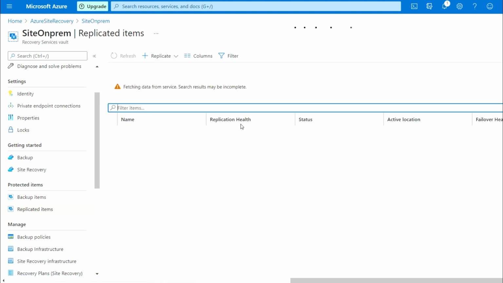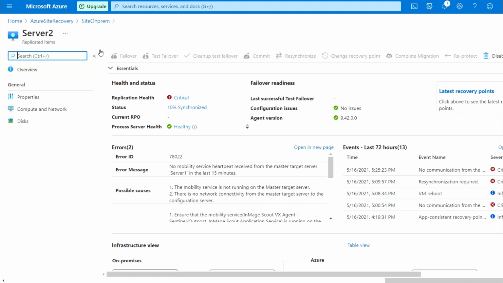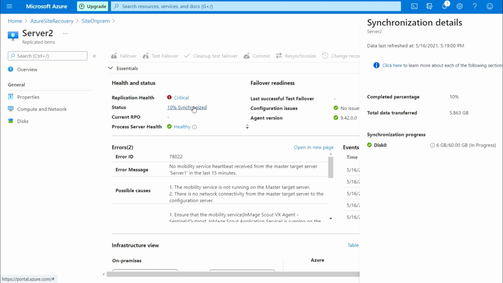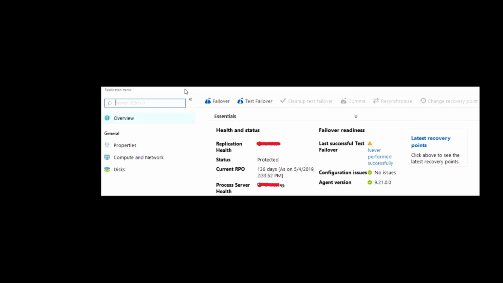As you can see here, once you click on this replicated item, you will get this page. Here is the test failover and the failover is populated. You will get the status like that. Here you need to perform the test failover, and once you proceed for the test failover,